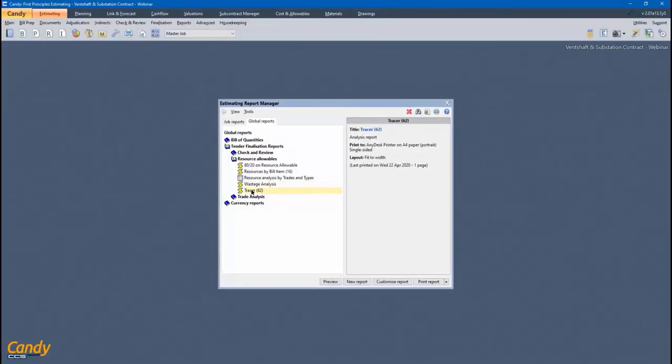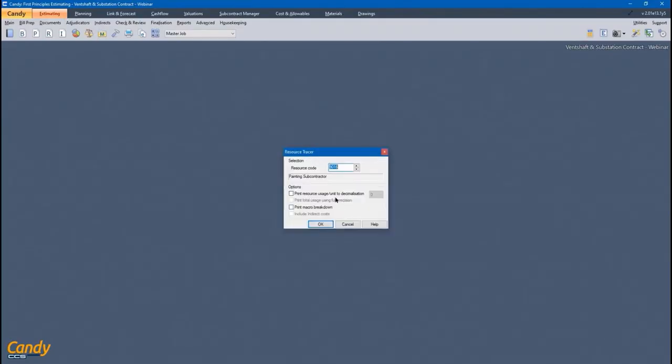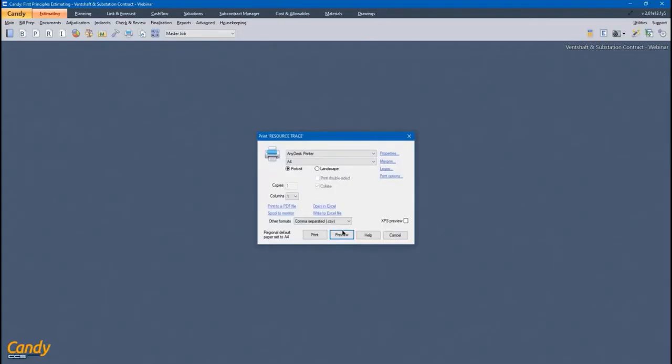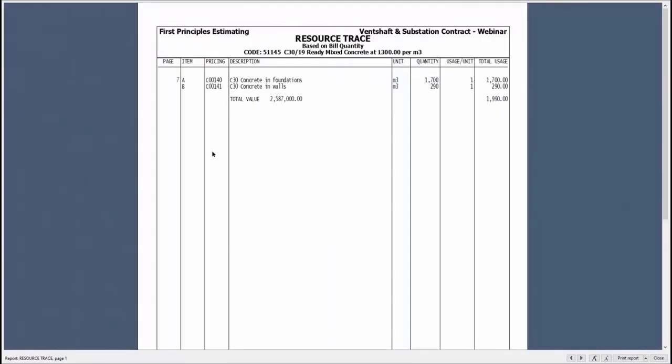And lastly, as a tracer, this is going to help me find where those particular resources are used. So let's take, for example, my ready mix. You can remember my resource code 511. If I can't remember the rest of it, I can just scroll down to find it. And that's the ready mix. So this is going to show me where that resource is used in the bill of quantities. So if I change this resource rate, it's going to affect these items in the bill of quantities. So these are the items. It's two items affected. It's the concrete in foundation and concrete in walls.